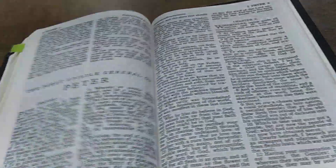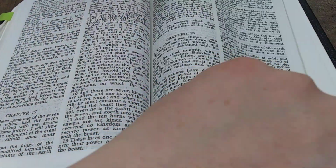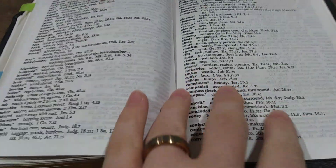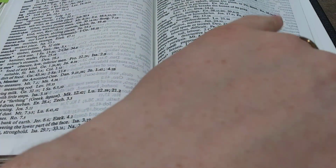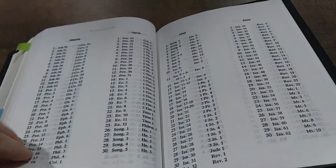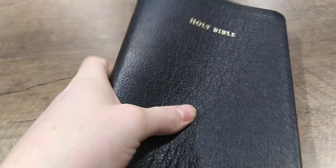In the back of this one, you'll have kind of the same thing the Trinitarian Bible Society has. You'll have a short glossary of words in the King James that are probably obsolete or we don't use or they've changed meaning. And then you have a Bible reading plan. So the difference is that with this one, the self-pronunciation is actually in the text, so they don't have that in the back. But it comes in a French Morocco, which this is actually becoming probably one of my favorite